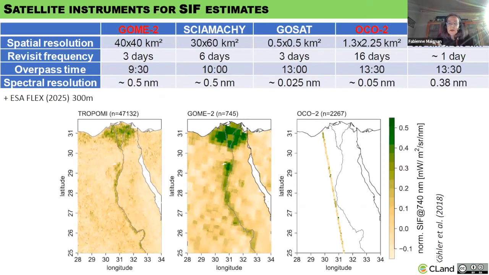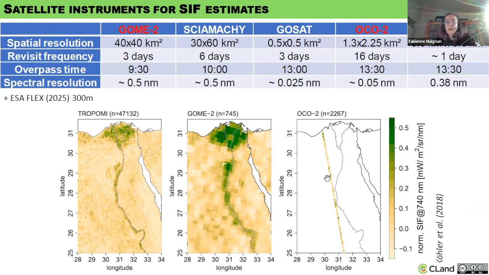Okay, so what is available as SIF satellite products? You have several satellite instruments with different characteristics. GOME-2, for example, has a very large pixel, like 40 by 40 square kilometers. You see an image over the Nile here in the center. So it's really a coarse spatial resolution. Then we had the OCO-2 satellite. This is a finer spatial resolution that you see here on the right, but